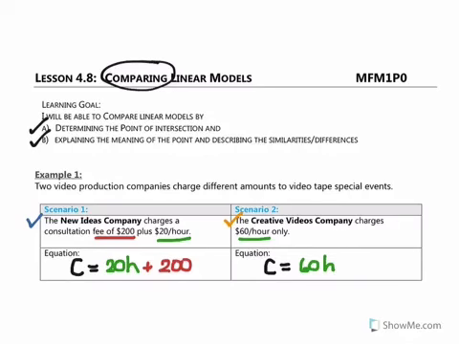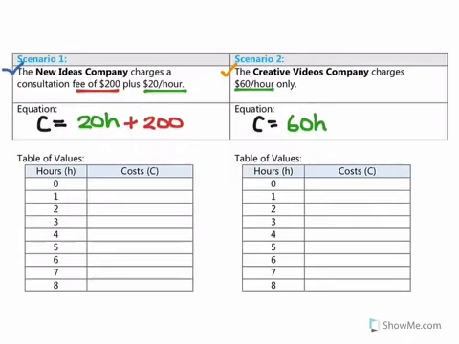Now that you have both of the equations, you're going to create a table of values for each of the situations because each table of values is going to draw a line on the graph. Okay, so let's go with our blue company, the New Ideas, and I'll show you how to calculate each of the costs. If you hire this company for 0 hours, you're going to use the equation. So the cost is equal to $20 times 0. Okay, so 0 hours